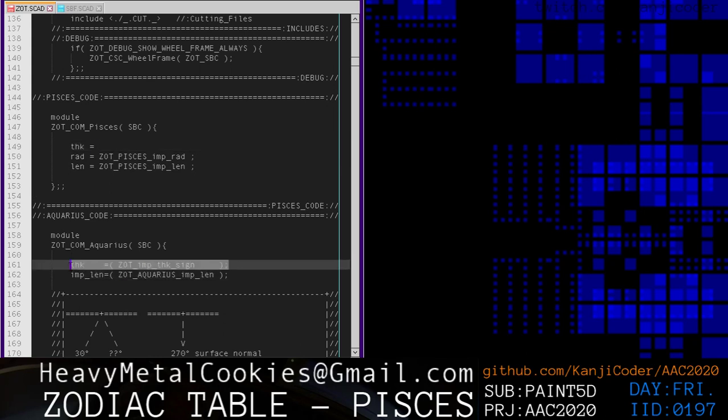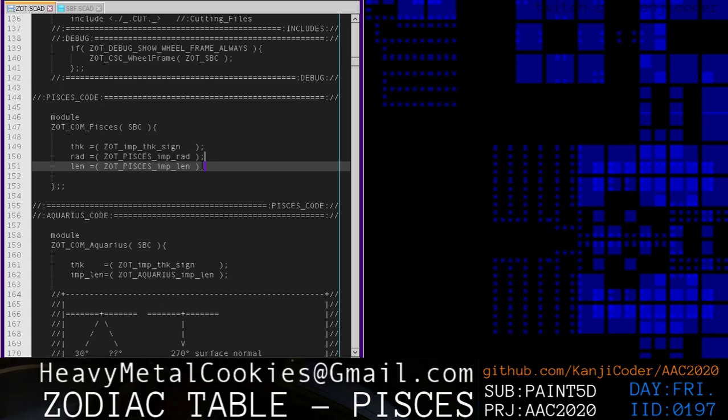So we're going to steal this thickness variable from here. And the thickness variable is always the same for every single symbol, because we want all the symbols to look very uniform in style. Therefore, the thickness that we draw the zodiac symbol with will be the same for all of the different symbols, right? So we want everything to look very uniform. We want all the symbols to look like they're from the same font set, if you will. Okay, so now that we have that